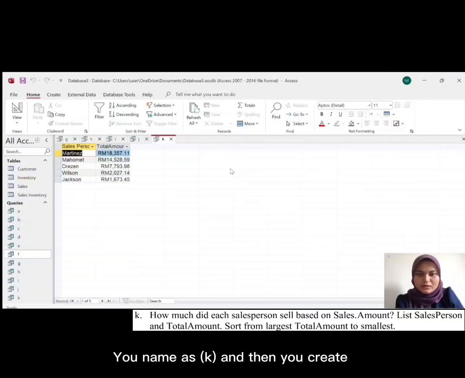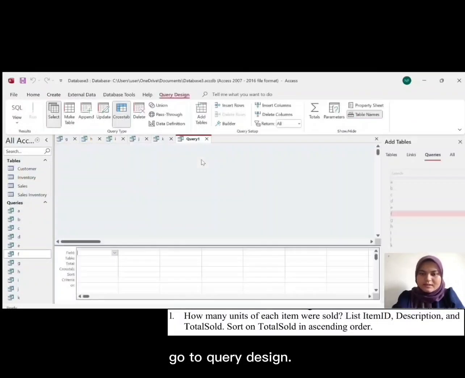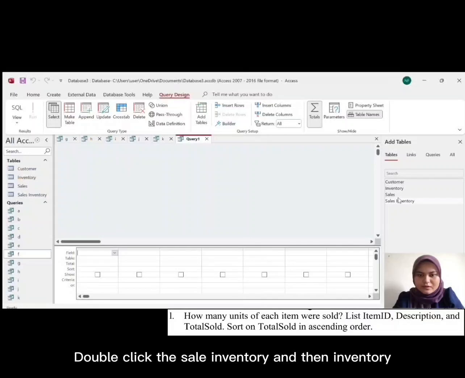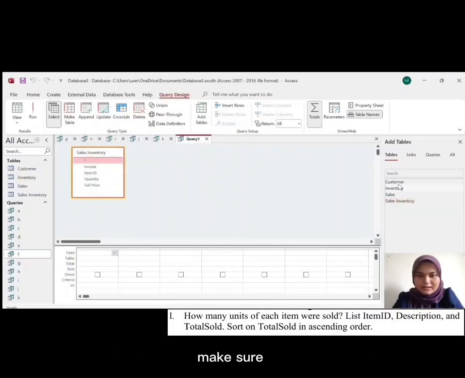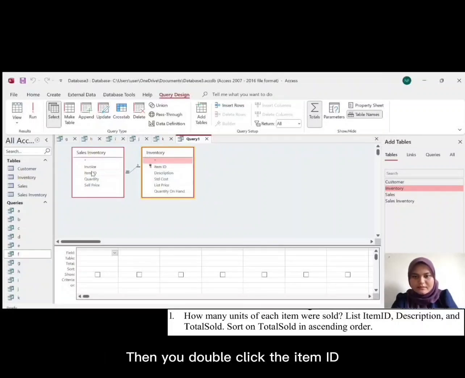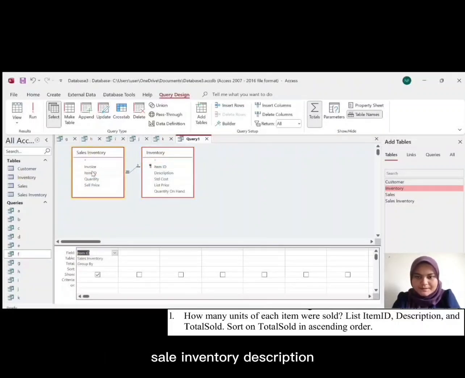And then you create and go to query design. So you double click the sales inventory, and then inventory. Make sure item ID, sales inventory, and inventory are linked. Okay, then you double click the item ID, sales inventory, description, and then you need to double click the quantity.